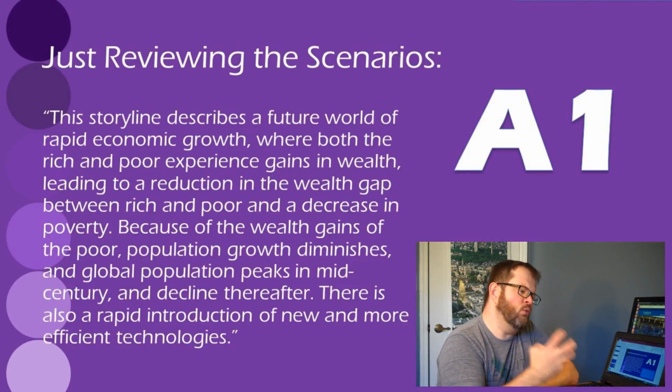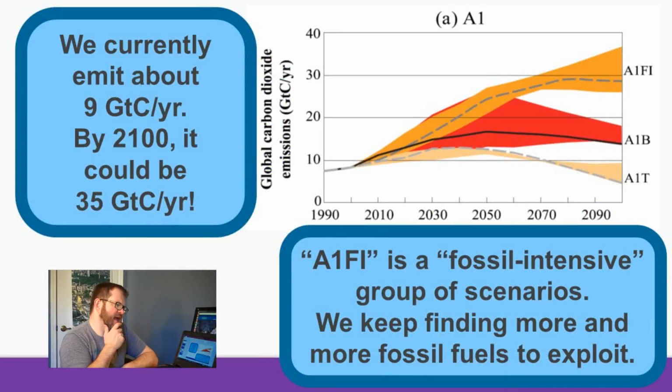Okay, so we have this A1 scenario, and actually within the A1 scenario there are several, I can't think of exactly what the terminology they use is, it's not sub-scenario, but you can think of that. Oh, it's a family of scenarios, I believe is the way they put it, where there are different, for example, if this graph here shows over the course of the next 100 years, the total carbon dioxide emission in terms of gigatons per year. So this is not temperature on this graph, this is the economics of it. This is the carbon we're emitting.